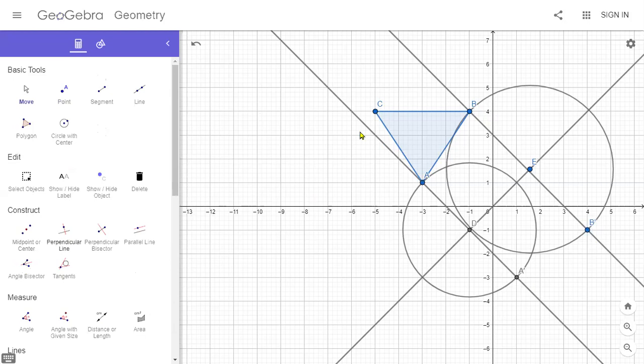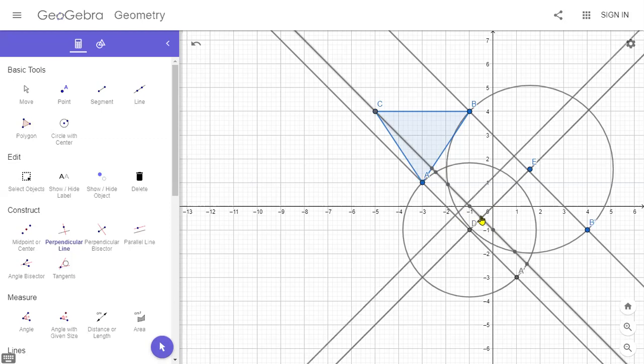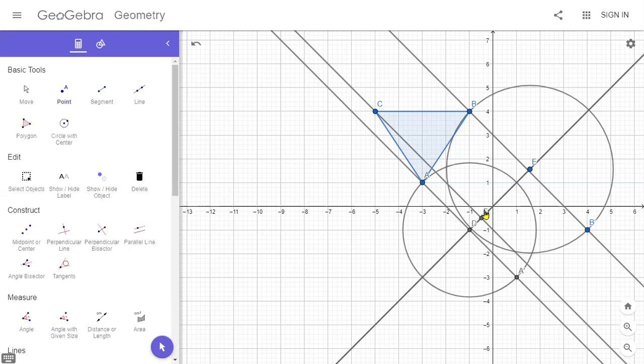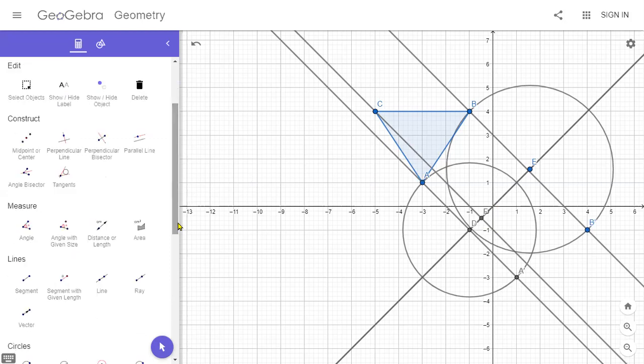C. First of all, we have to draw the perpendicular line that passes through the point C and is perpendicular to the mirror, and we have to mark the point of the intersection. Let me mark the point of the intersection. This is the point F, and we have to take the radius CF and make the circle.